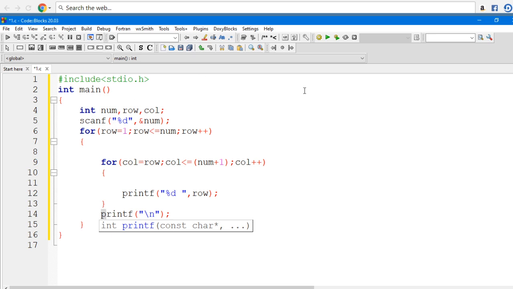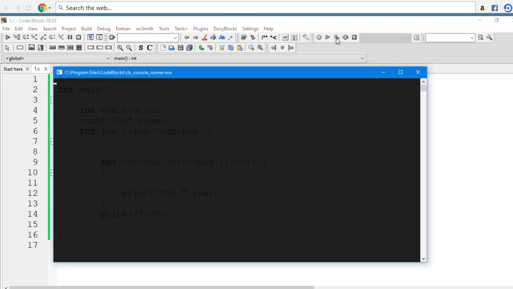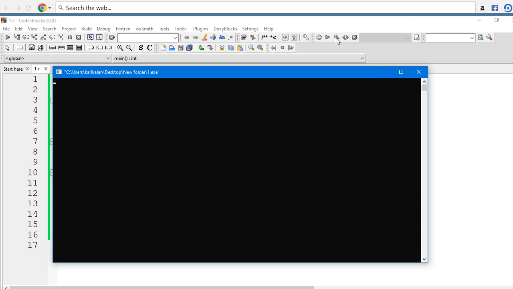So now I'm going to compile this. It will show the output screen. So now we will provide the input. Compilation takes around 1 minute.